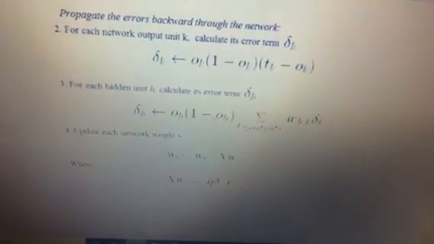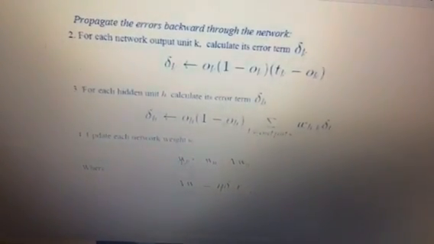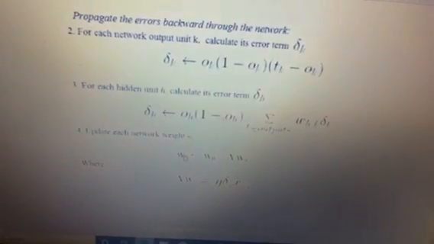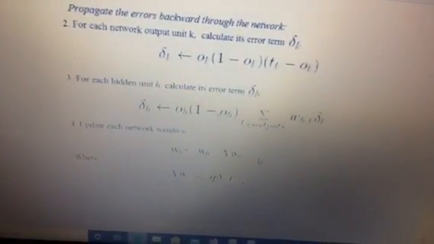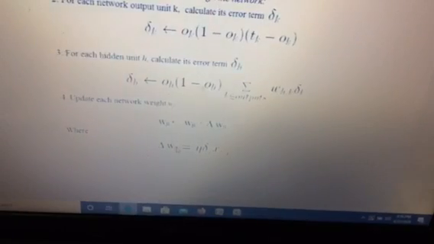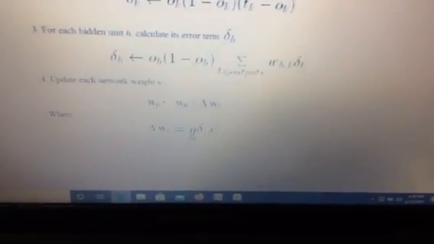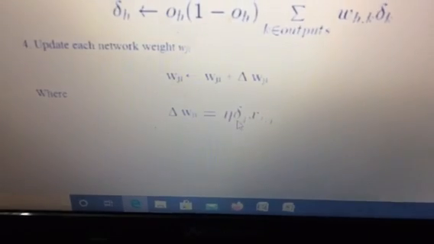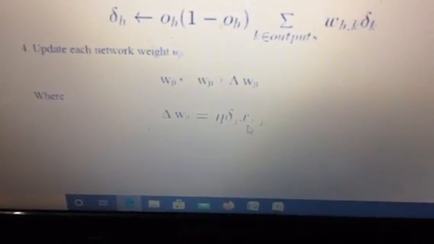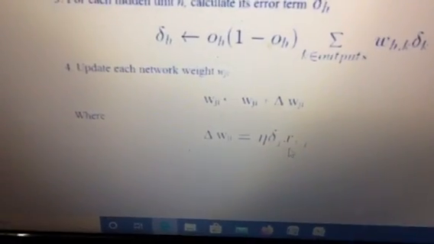Next, update each weight. The updation of a weight is done by using delta w_ji. We know that the notation when it is moved from i to j is represented in reverse way, that is w_ji. So w_ji plus delta w_ji. Now what is this delta w_ji? We are going to derive this equation in the next topic. So delta w_ji equals eta. Eta is nothing but a learning rate, a backpropagation constant, followed by x_ji, the input whatever we are considering, that is written here.